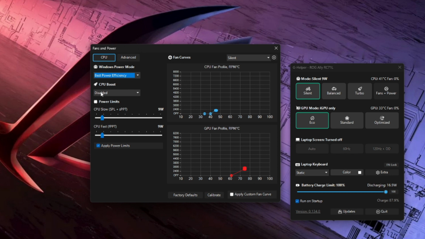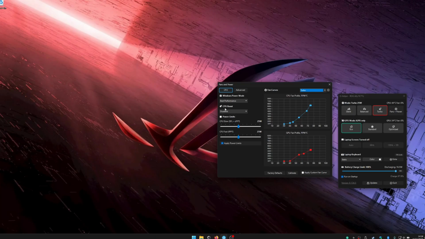So you can have it disabled on each one and then just set your settings. And for mine I've got 9 watts on silent, and then balanced is 17 watts, again with Windows balanced power profile, and then with the turbo I'm using 25, and then power mode is best performance. Disabled CPU boost on all of them. So for example, what I'll do, I'll show you. So if you go down here